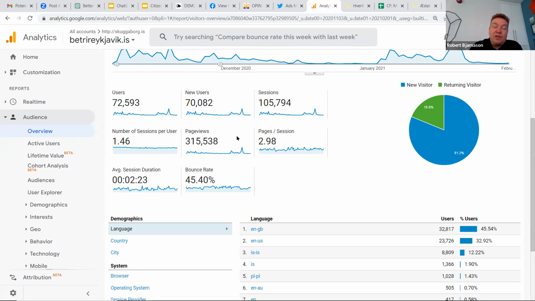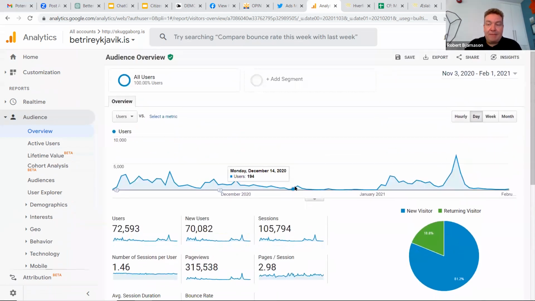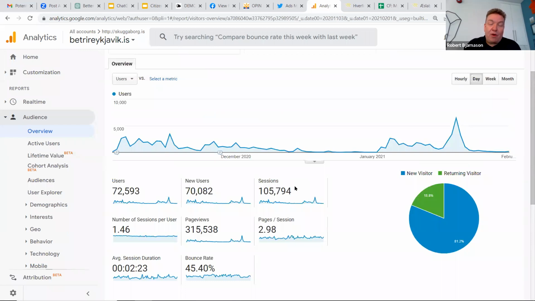And then we have page views, which is how many total pages, how many ideas have been viewed. On average, people view 2.9 pages per session. And we have the average time, which is 2 minutes and 23 seconds. That's not bad. Some people will come to this page and just bounce right back, and that number here is 45%. It's actually artificially too high here. It was actually a bit less, but I'm not going to go into that. So yeah, that's the overview.